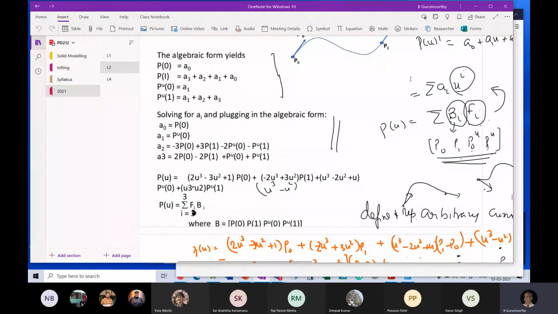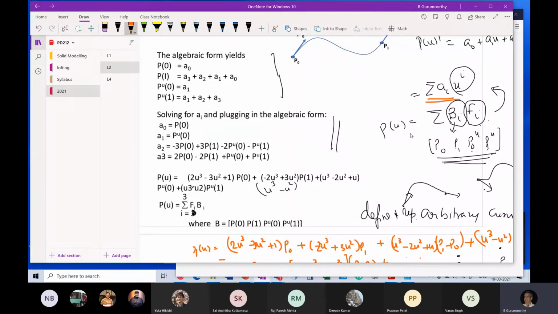Let me just highlight it somewhere over here. This is the algebraic form, and we decided that while it is good for computations and as